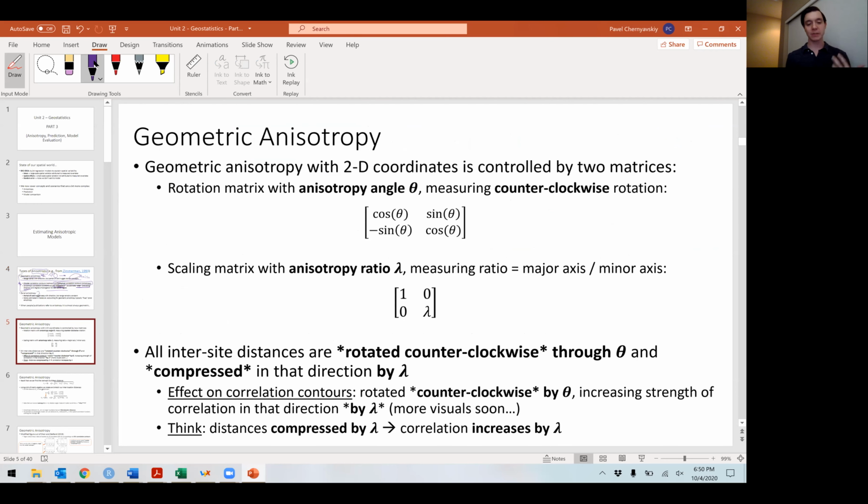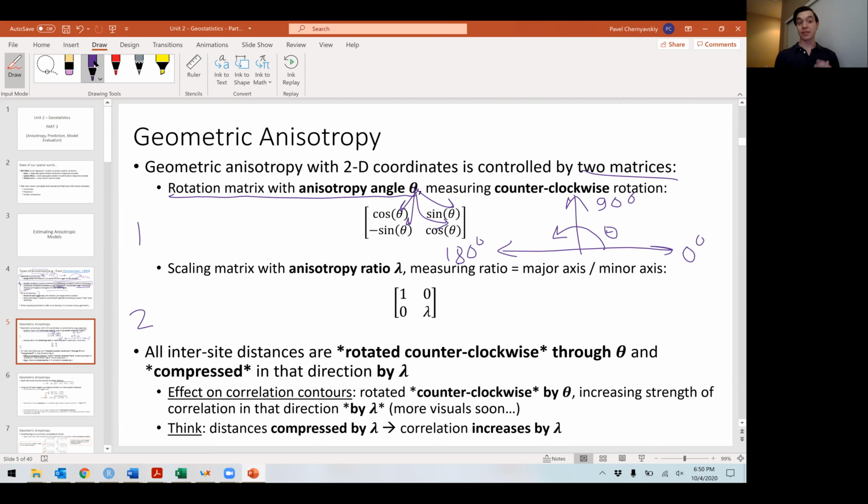So how do we do it? How do we specify? There are lots of ways of specifying an ellipse. The way we do it here is to have interpretable parameters. So 2 matrices, 1 and 2. We have a rotation matrix with its own anisotropy angle. And you can see that angle appears inside of these sines and cosines. And the angle measures counterclockwise rotation. So you think this is 0 degrees, this is 90 degrees, and this is 180 degrees. And so theta is how far over we get